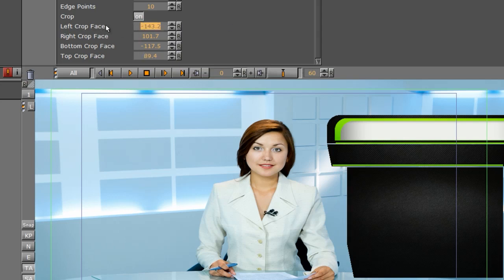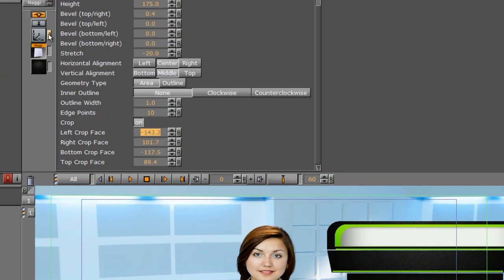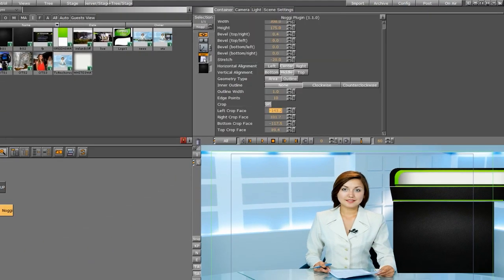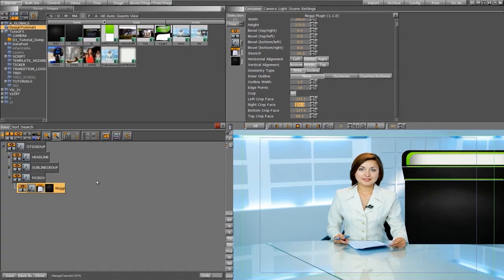So I'm just going to increase my left crop face again, and then move our Noggi over. If I need to increase the width, I can use the crop face. So as I adjust this, you can see that it's revealing more of the Noggi here. Okay, now that I have that, I actually want to make a frame so that we can swap out our